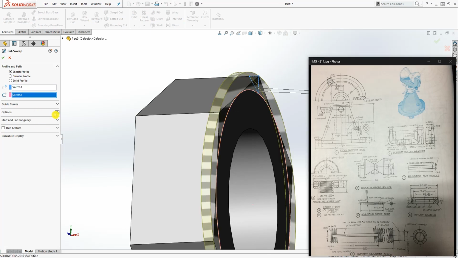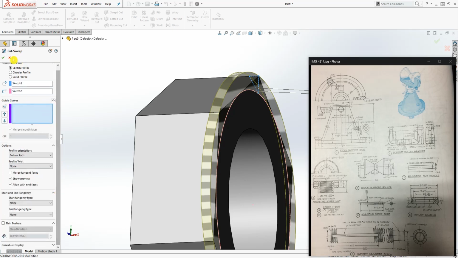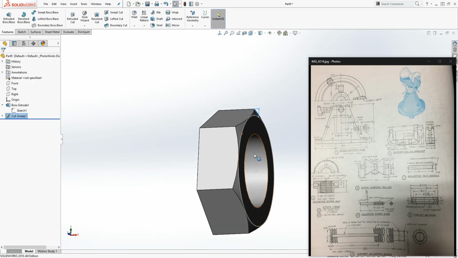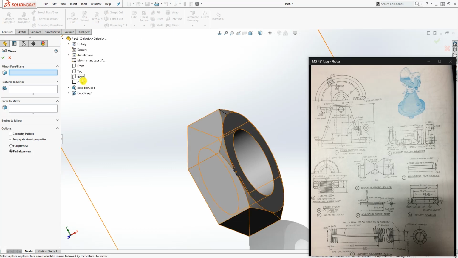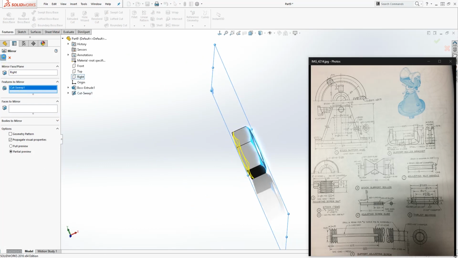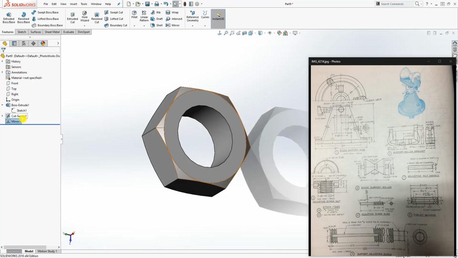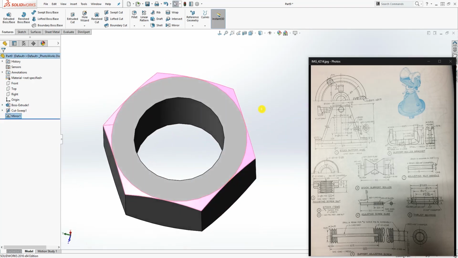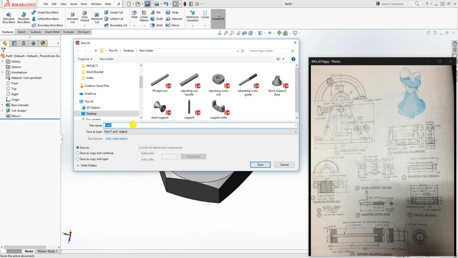And profile path option is the same, nothing the same in end tangency, and these are the values, no guide curve, and I'm going to select OK. And now I'm just going to mirror this. So mirror about the right plane, the feature I want to mirror is that, and click OK. And this is the nut, everything is done, and we are just going to save, and this is going to be X jam nut,